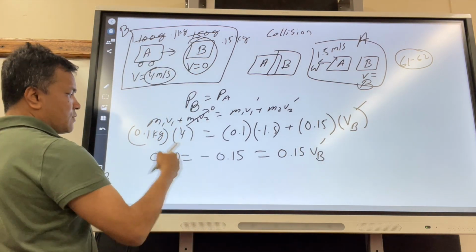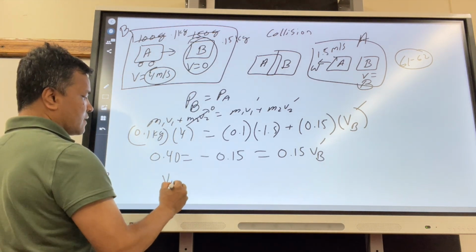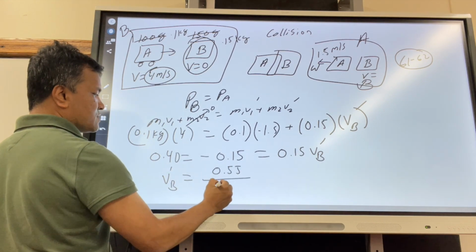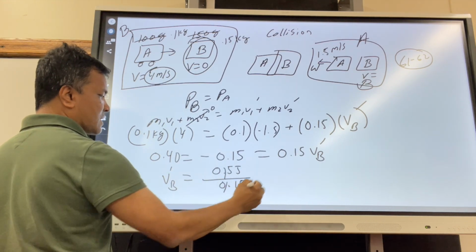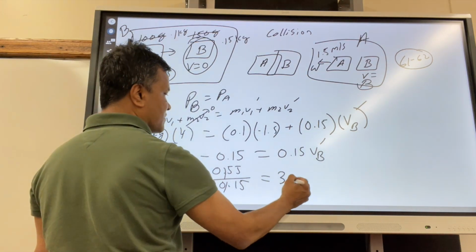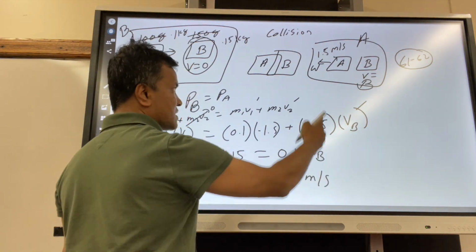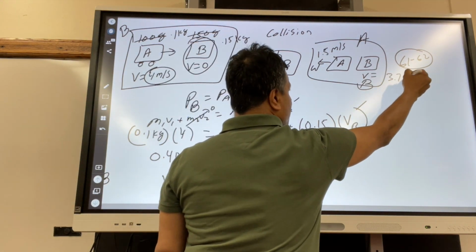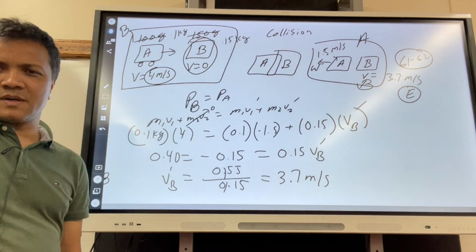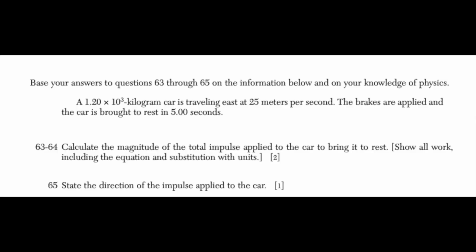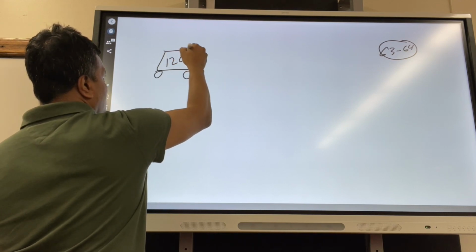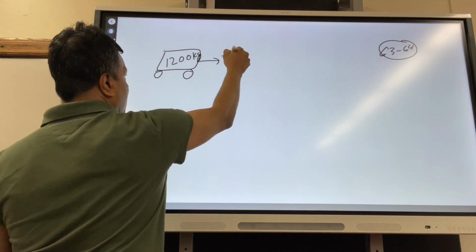All right, so you add this 2, so what do you get? You add this 2, so you get 0.55, and you have 0.15. Decimal cancel. 15 goes to 60 4 times, so this has to be less than 4. So this car moves with 3.7 meter per second to the east, and that would be the solution to this problem,